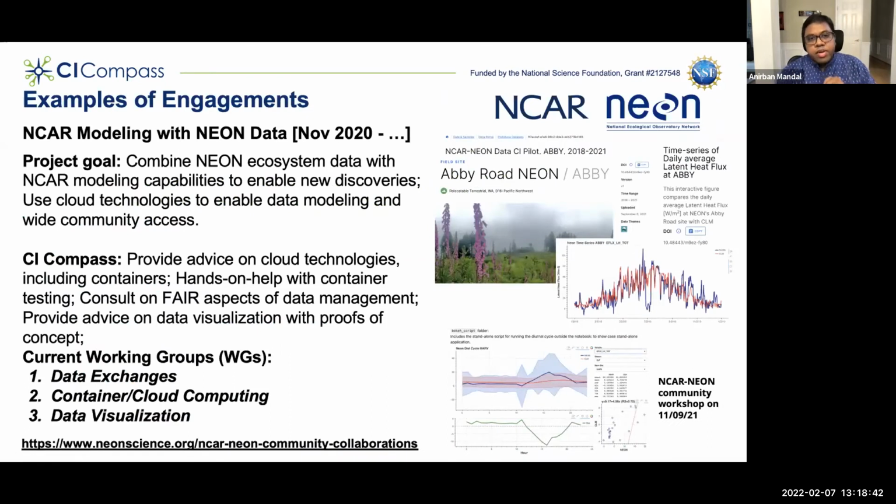So now I want to give you some concrete examples of the work that we have done as a result of current and past engagements. The first example is the engagement with the NEON and the NCAR major facilities on a project called NCAR Modeling with NEON Data. In this engagement, we have been involved since November of 2020. The overall goal of this project is to combine the NEON ecosystem data with NCAR modeling capabilities to enable new discoveries. At the same time, the other goal was how this can be done using cloud technologies and containers to enable some of the modeling in the cloud so that wide community access of both the models and